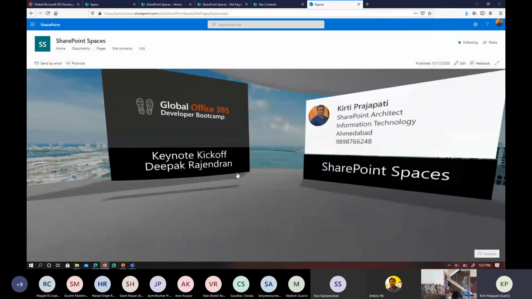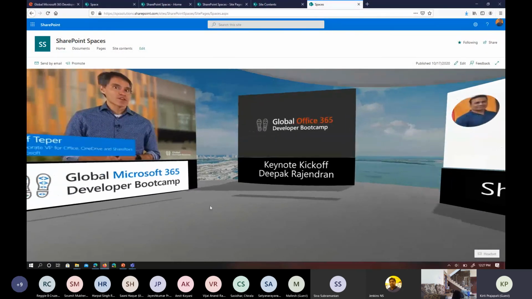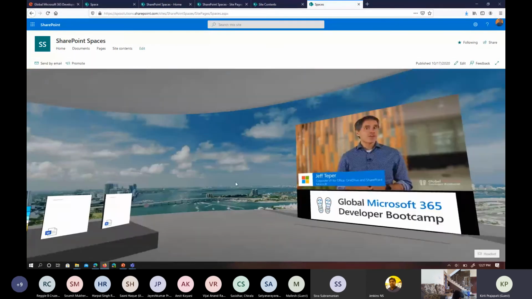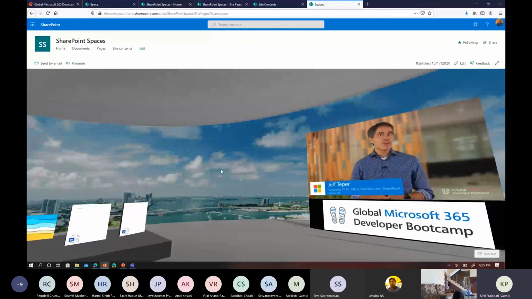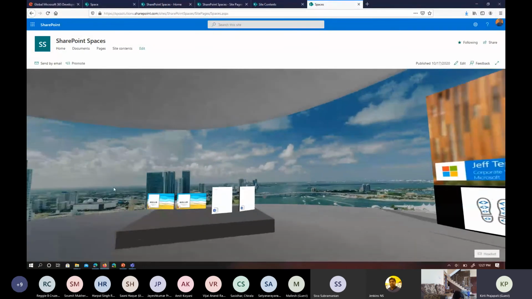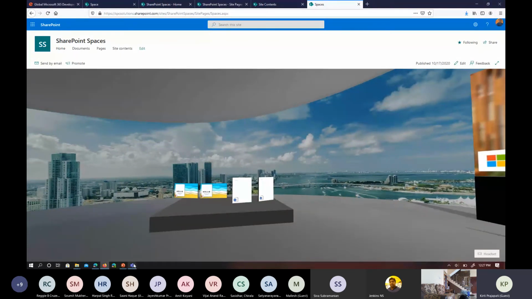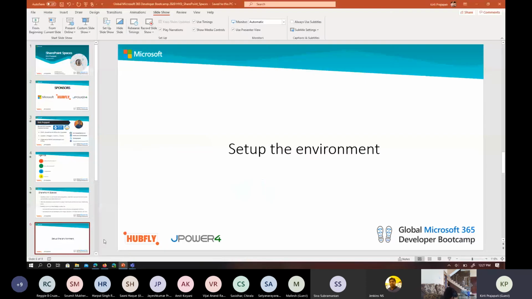And as a developer, we are looking out for an option there. We can upload our own custom web part and add it into the SharePoint Spaces. So this is all about the demo. And apart from these, as I mentioned, you can also have scenarios like